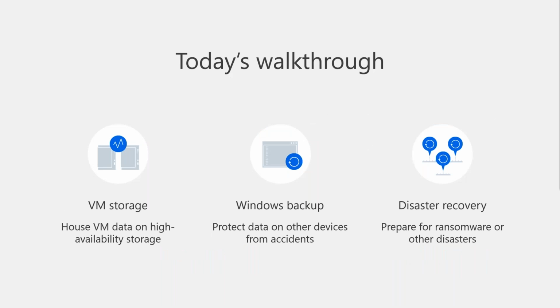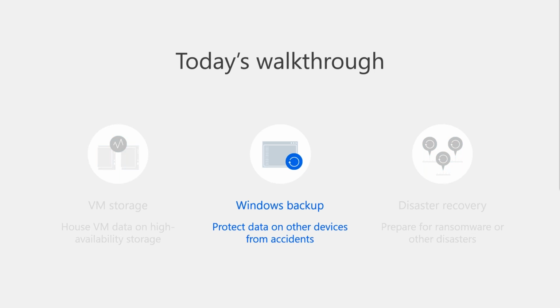All right, so now you've seen some of the software and some of the hardware that you can use for VM storage. And with our hardware, mostly you get access to all the same software on each NAS. That's especially true if you're looking at our Plus series or better, which are the ones where we have Intel and AMD processors. So from here on out, I'm not going to talk about the hardware much, and it's just going to be software focused. So let's move into Windows backups now.